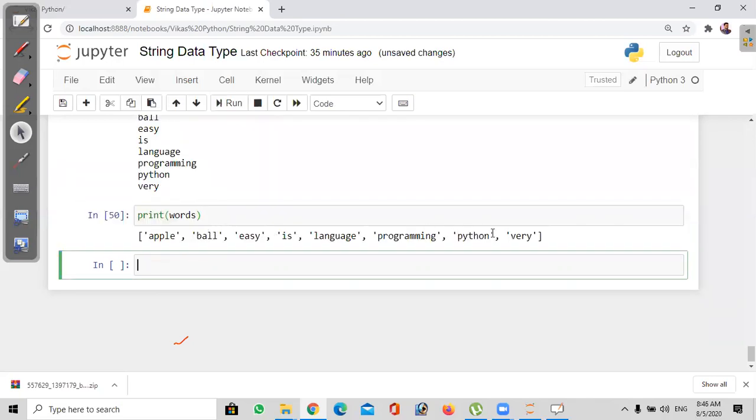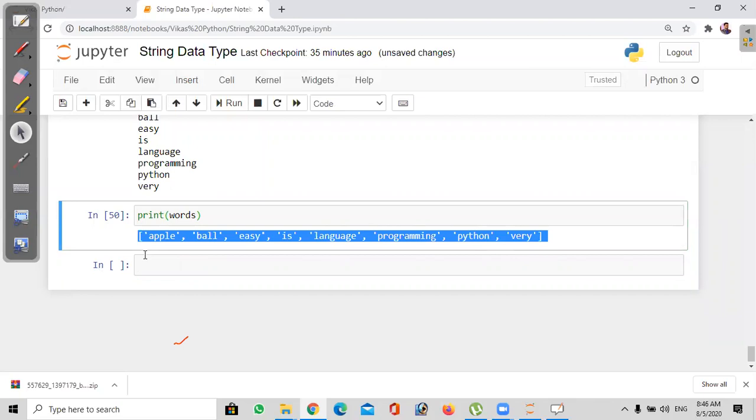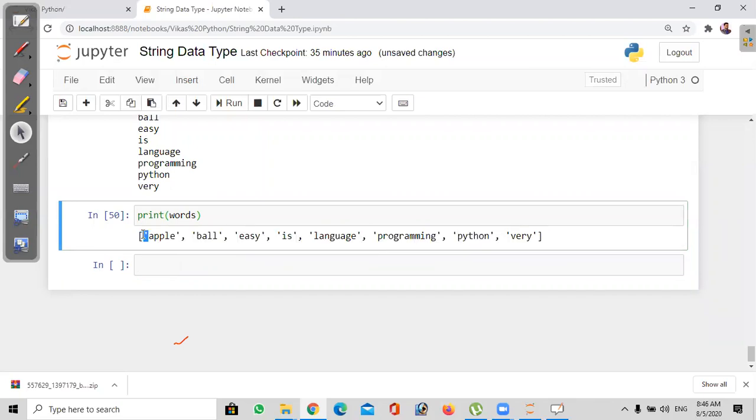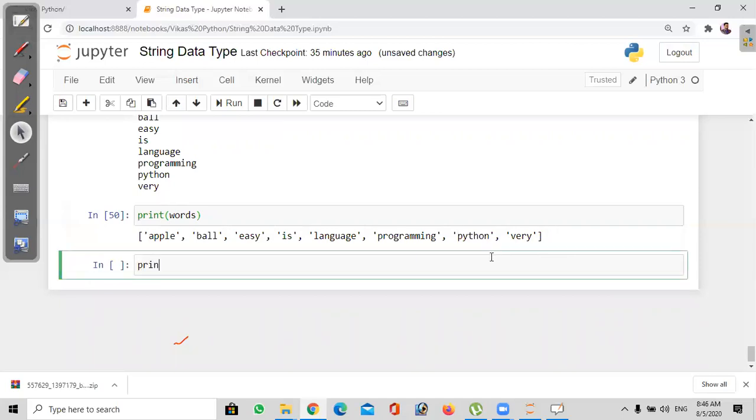See here, all these are printed in list format. List means enclosing the individual elements in square brackets. Now, my question is, can you go up once? Yeah, you may ask me to do s dot sort.